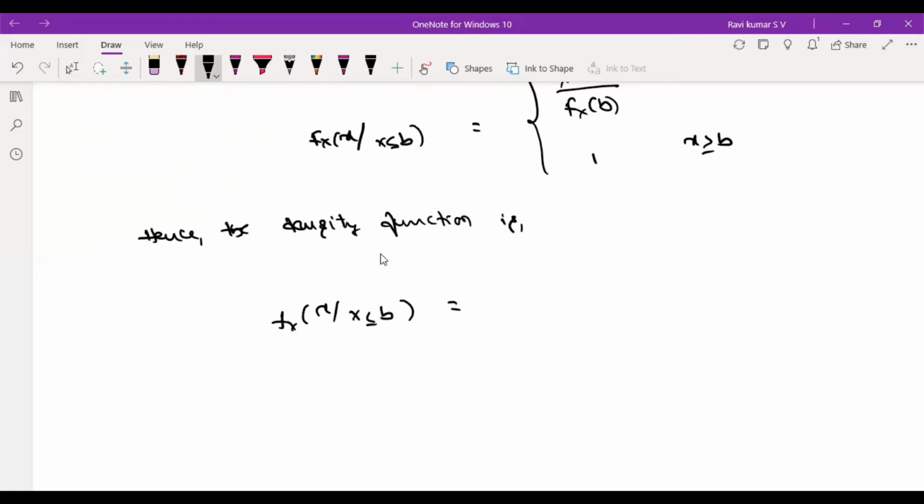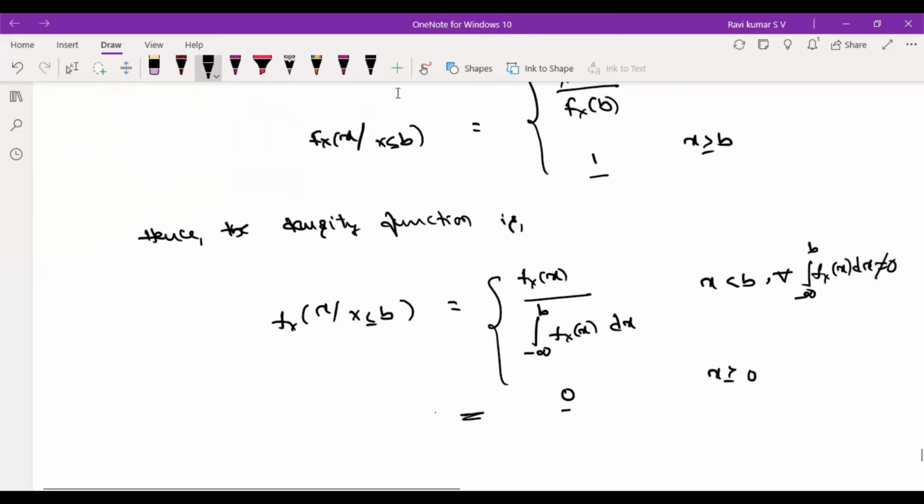So the distribution function is written in terms of the density function, and F_X(b) is written as the integral from minus infinity to b of f_X(x) dx, based on the property relation between the two, and for x greater than b it becomes 0. So this is the conditional density function,